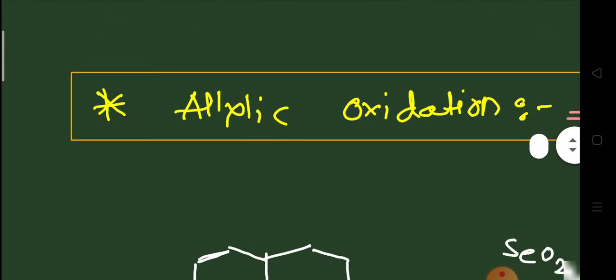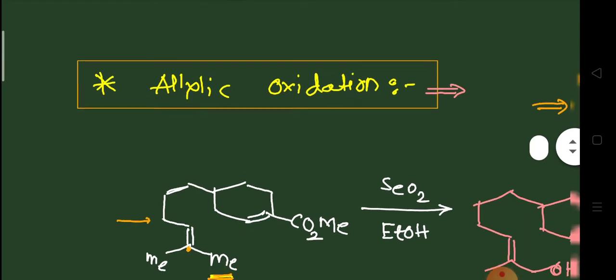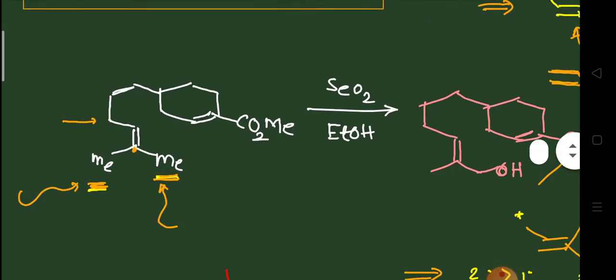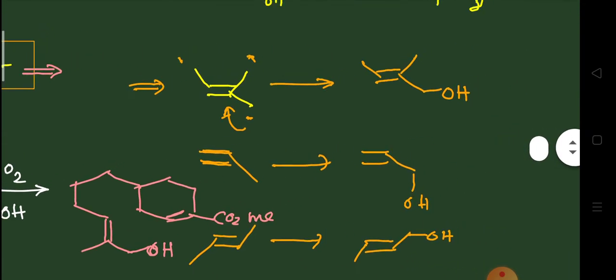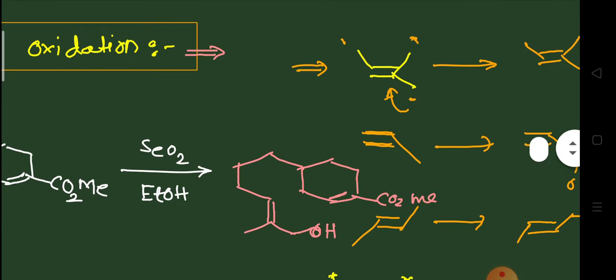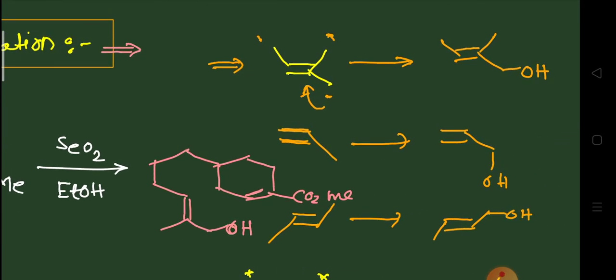First of all, how will allylic oxidation proceed? For allylic oxidation, there are certain rules. The first rule is that we have to select the more substituted site of the carbon. That will be oxidized first, preferentially, and if there is a similarity in the substitution, then we prefer the formation of the E alcohol. So, the resulting alcohol should be E. Based on that we can have the strategy.